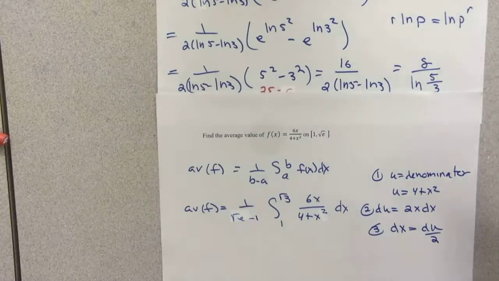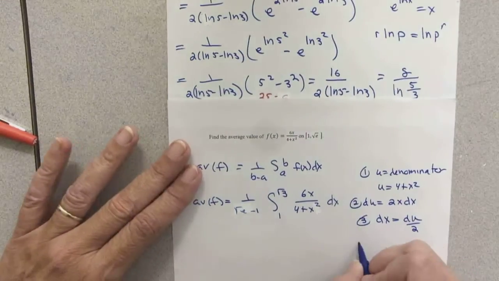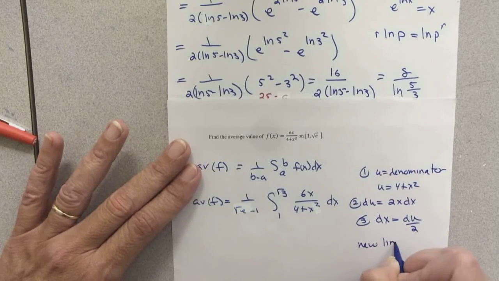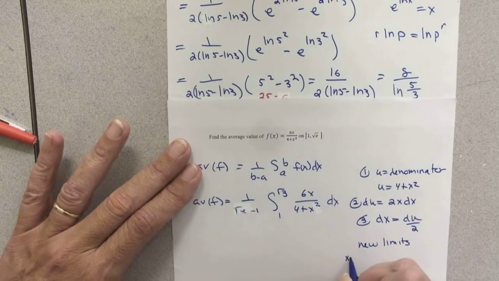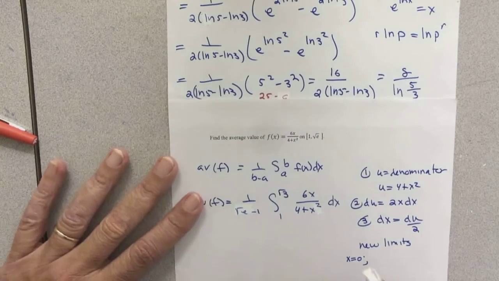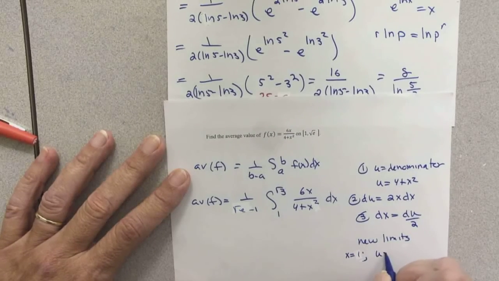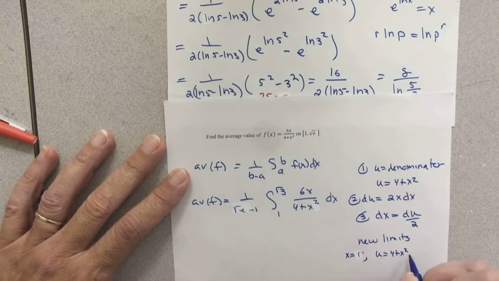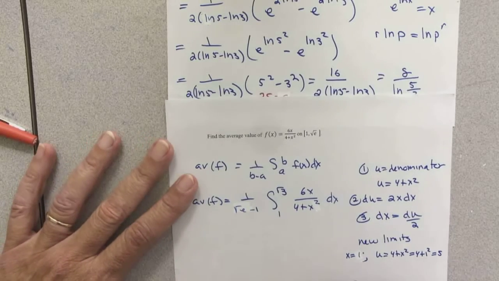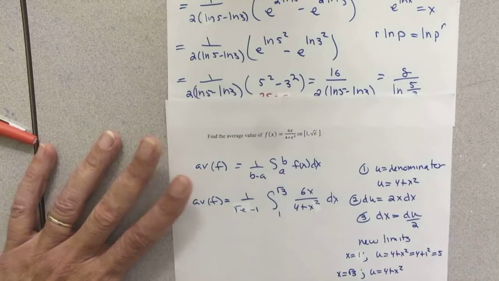It's a definite integral. I'm going to calculate my new limits, because that's what I like to do. So new limits, x equals, it wasn't 0, it was x equals 1. U will equal 4 plus x squared, so 4 plus 1 squared, or 5. And x equals square root of 3. U, which is 4 plus x squared,